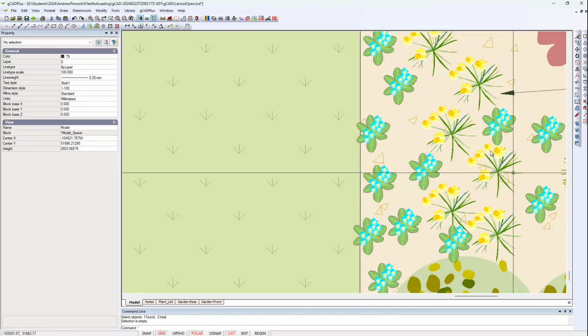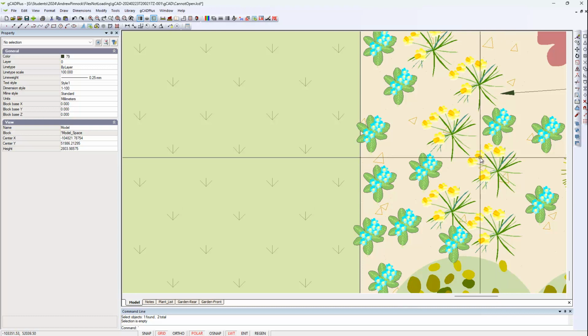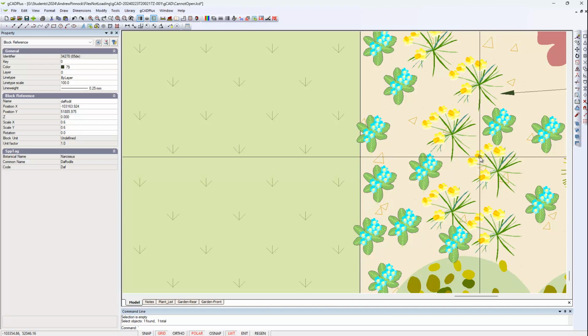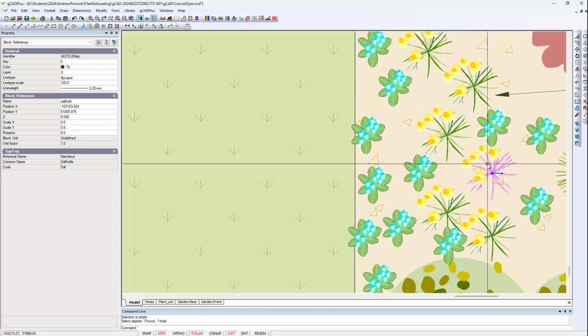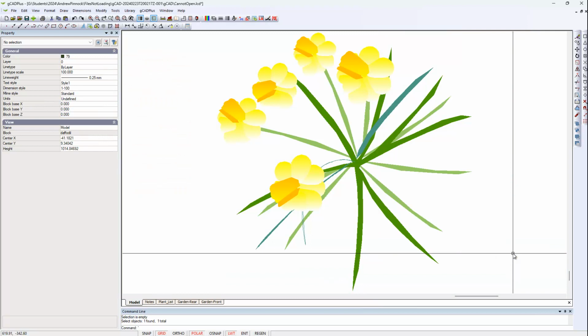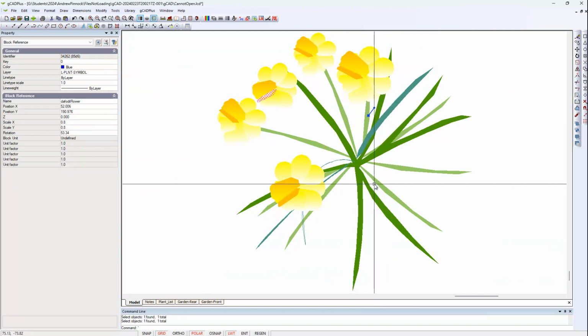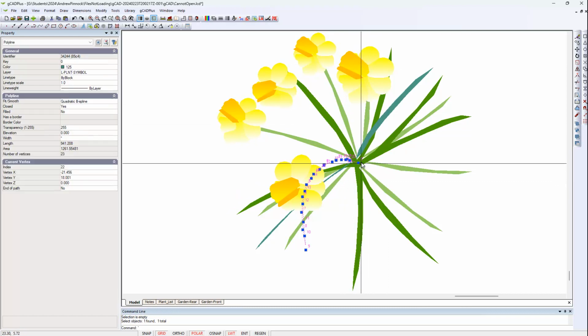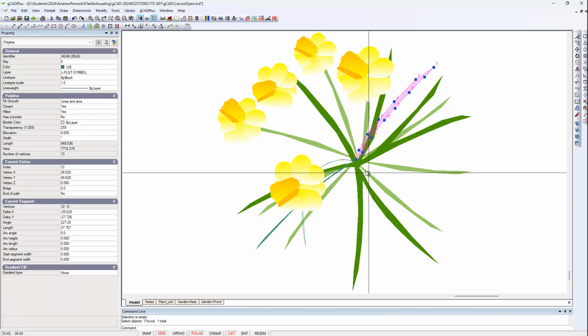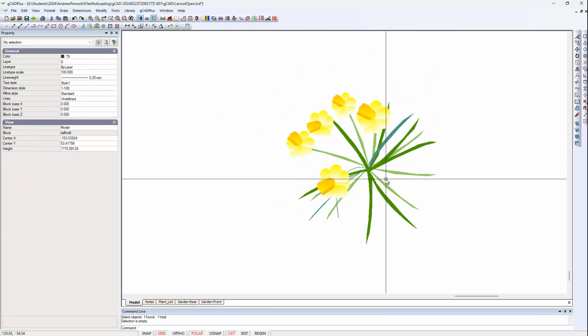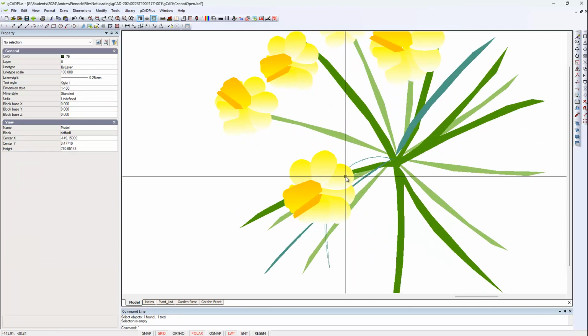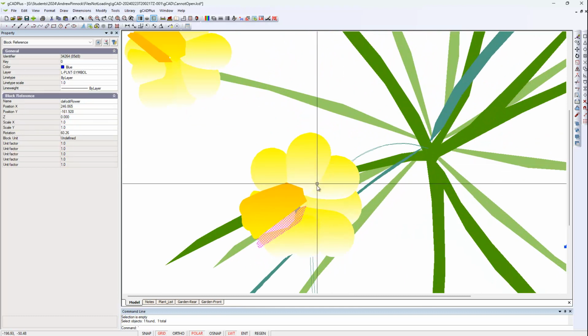This symbol is made in a fairly complex way. The base is one of the GCAP Plus symbols, and there's a base point correctly placed. But when we pick one of the flowers, if I select the symbol, dive in and edit it on the fly, here's the base point over here, whereas the base point of the underlying vegetation is actually okay. So the slow response is caused by the use of